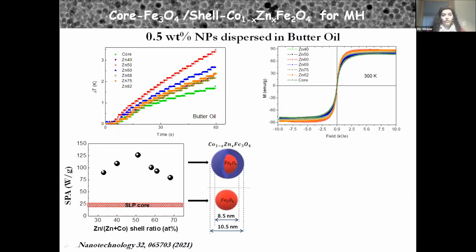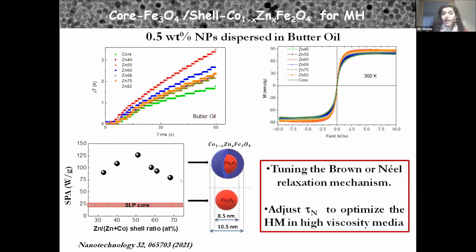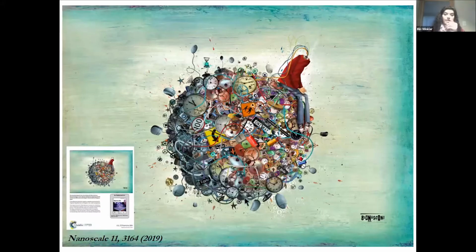So we made that, we start to fabricate, we fabricate another batch, the magnetite, and then we overgrow the shell, and systematically we find the maximum, and in that way we can optimize the specific power absorption where the Néel relaxation is the relaxation mechanism. Well, part of the results were published in Nanoscale and illustrate the back cover,